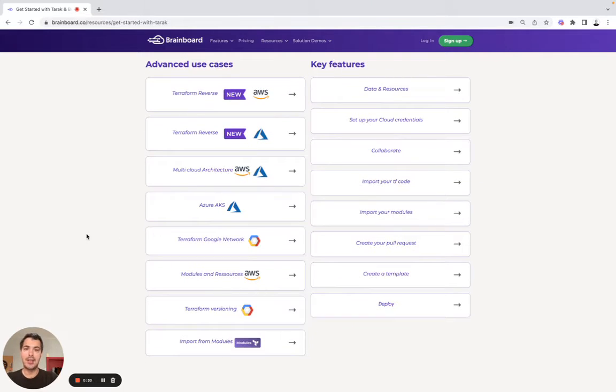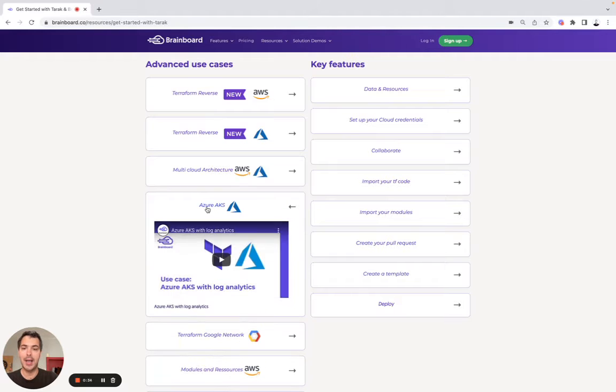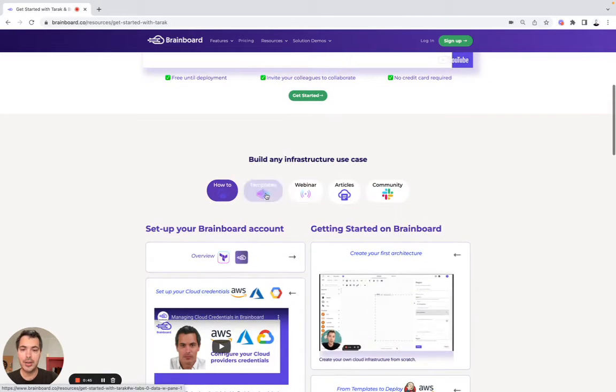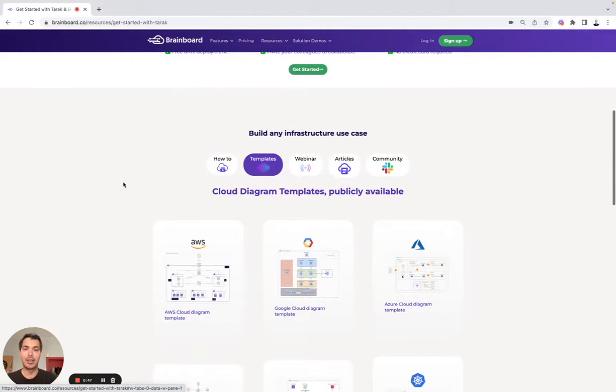Here we have advanced use cases. So for example, the one that I created last week on Azure AKS with Log Analytics. And here we show you how you can invite your team members to design and deploy your cloud infrastructure on Brainboard. Then we also share with you our templates, the templates that have been created by my team and by